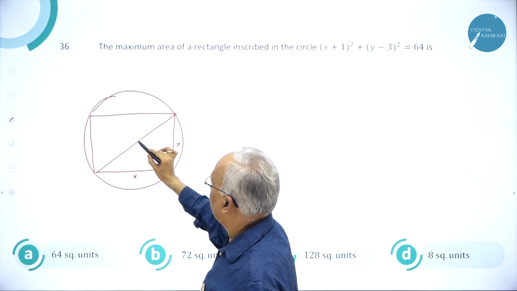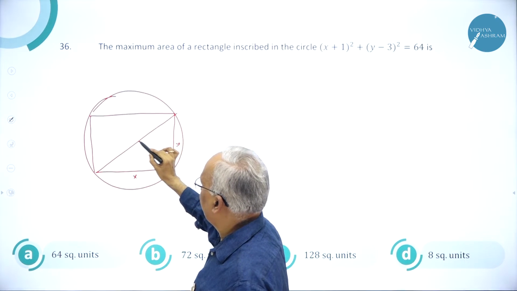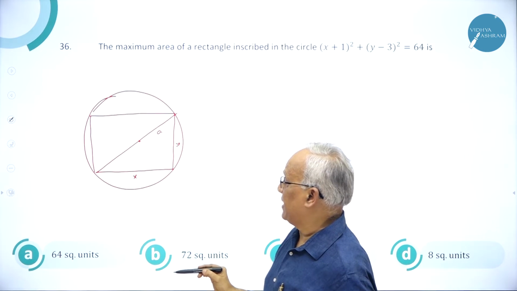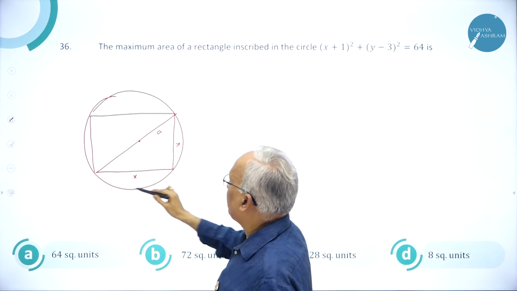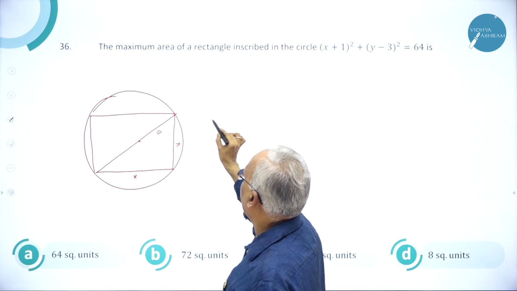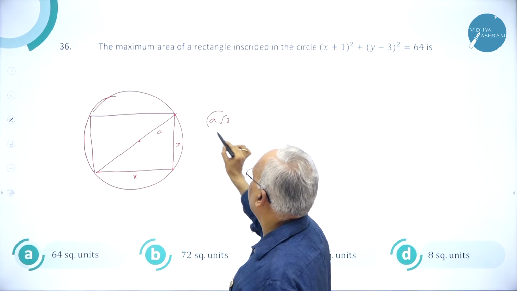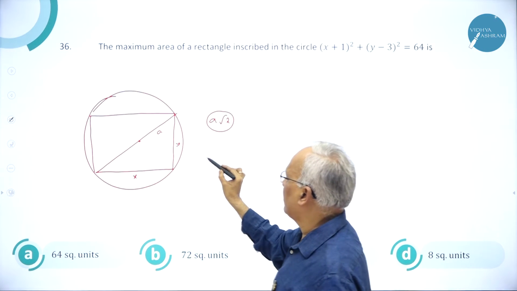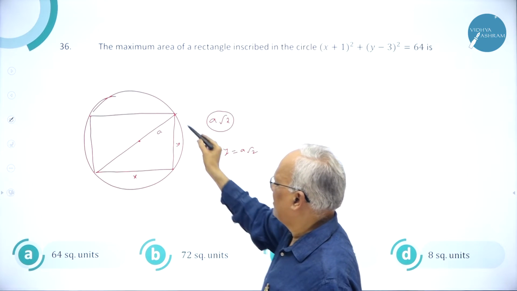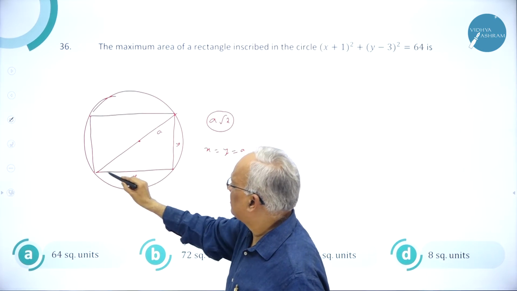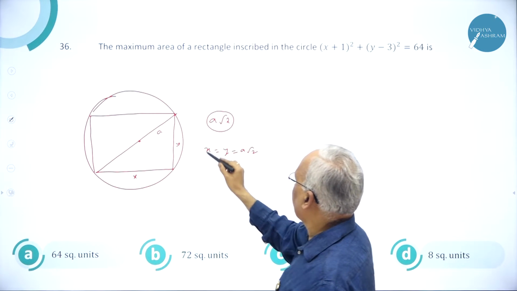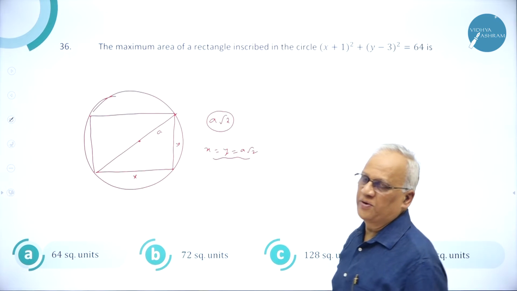See, this is a circle of radius a. The standard result says the maximum rectangle that can be inscribed in a circle of radius a is a square of side a root 2. If you remember this, because it's a square, x and y both are equal to a into root 2. Not a big thing. This is 2a actually, because when this is the radius, 2a is the diameter. So you can prove x and y both are equal to a root 2.